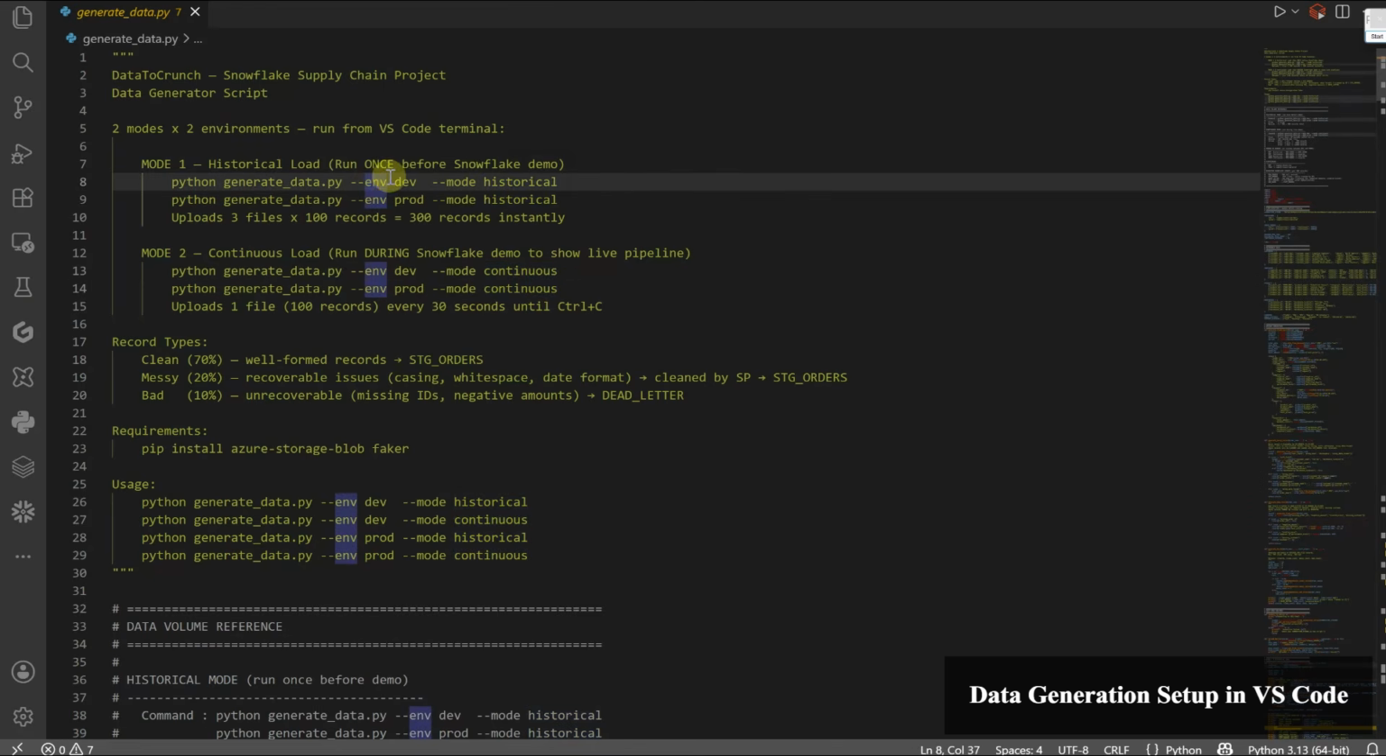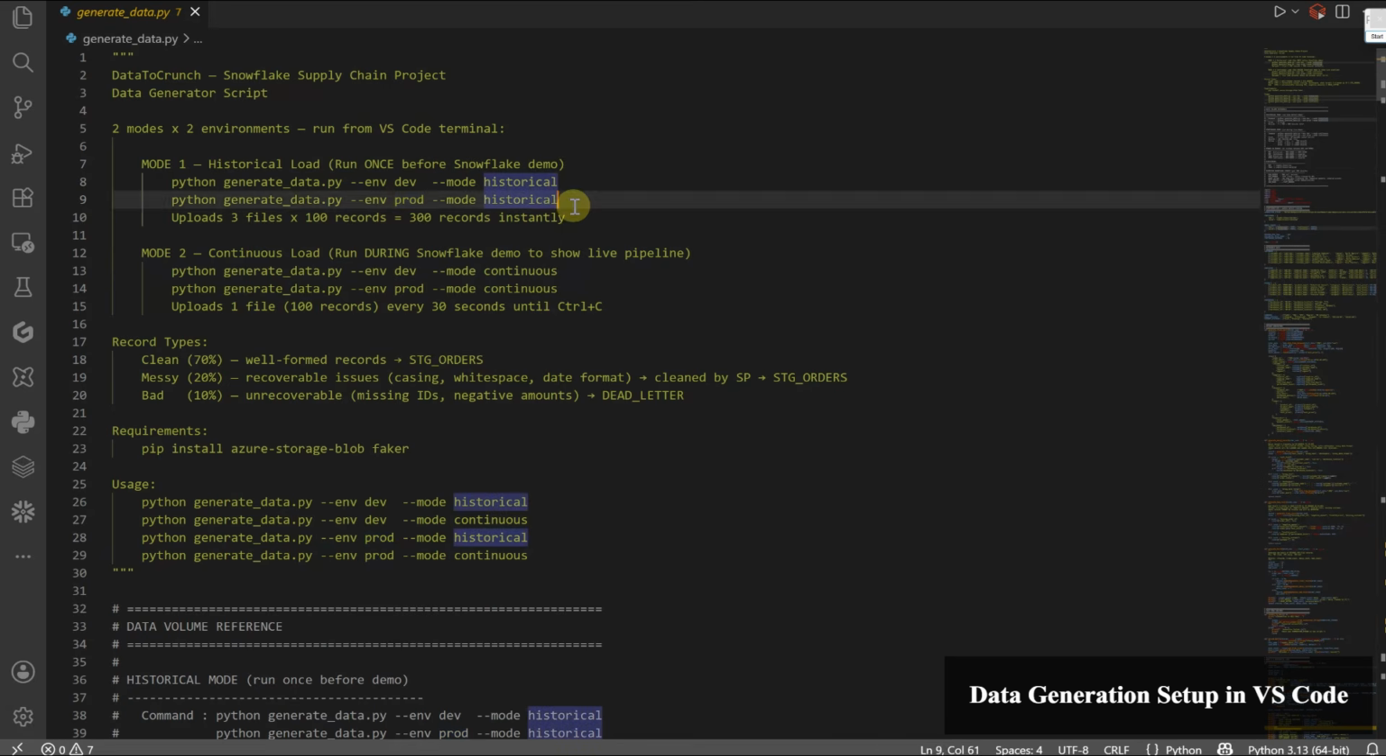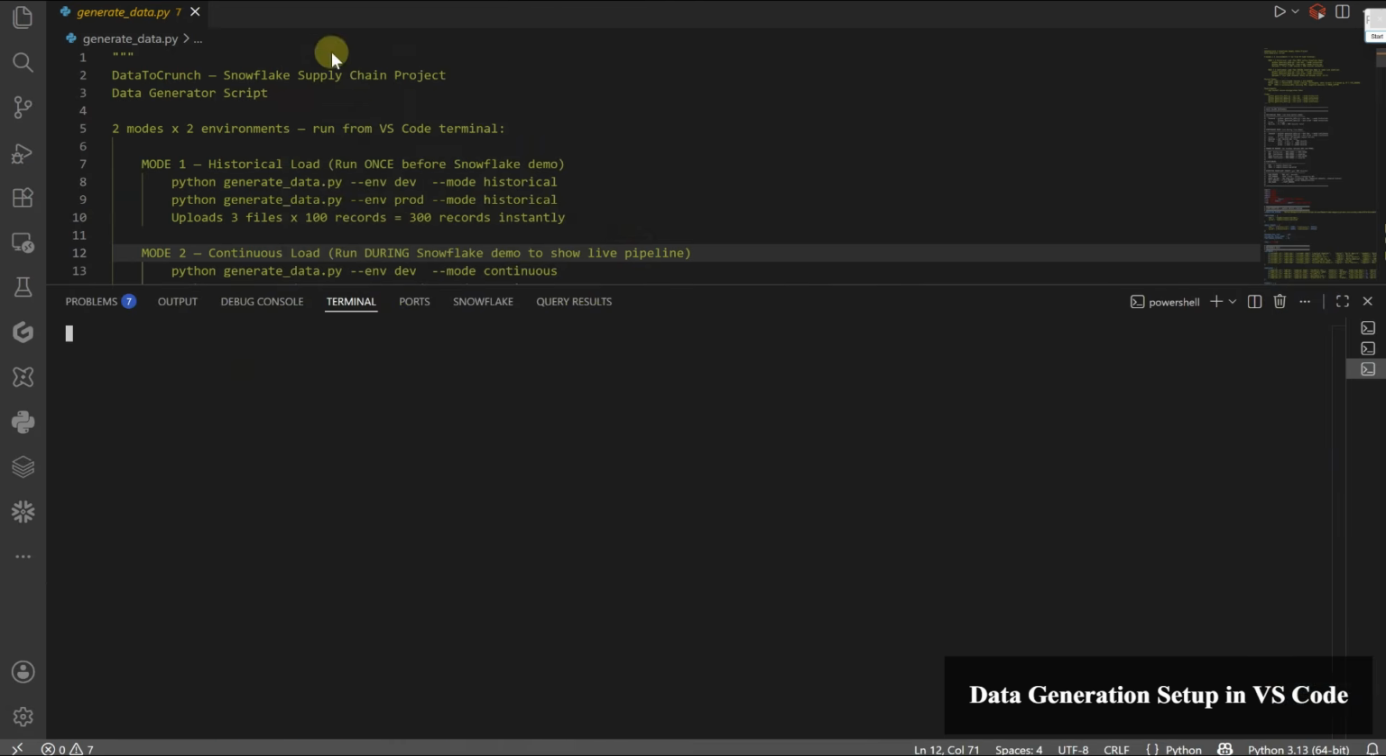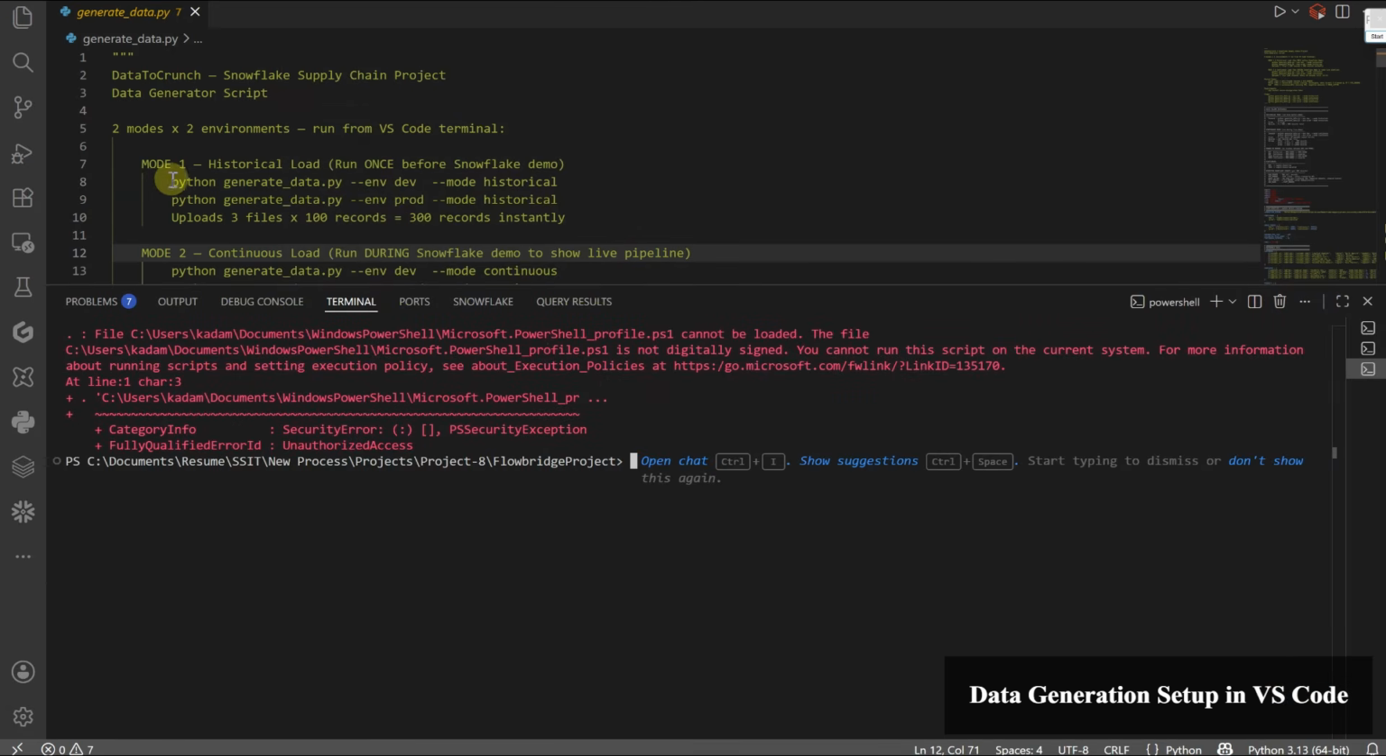So what I have done for dev environment, I have made separate historical mode and continuous mode. And for prod environment, I have made another command to run historical mode and continuous mode. Okay. So when we need to run our files, we'll just copy these commands and we'll paste it under terminal. Okay. So for that, click on terminal, new terminal, and here you need to paste these commands, okay, as needed